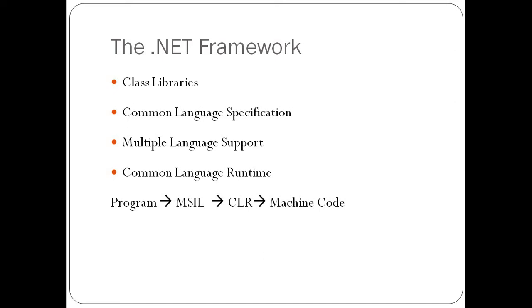The next one we have is common language specification. Common language specification is a set of basic language features that .NET languages need to develop applications and services which are compatible with .NET Framework. CLS, Common Language Specification, is a feature that lets a programmer write their code in any language that can be compiled. It also means that they need to be able to interact with code written in other languages.